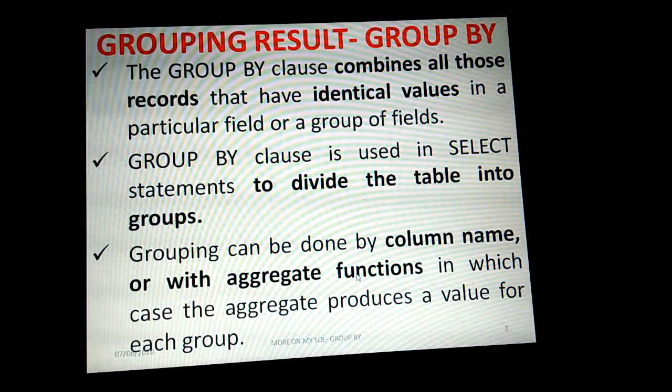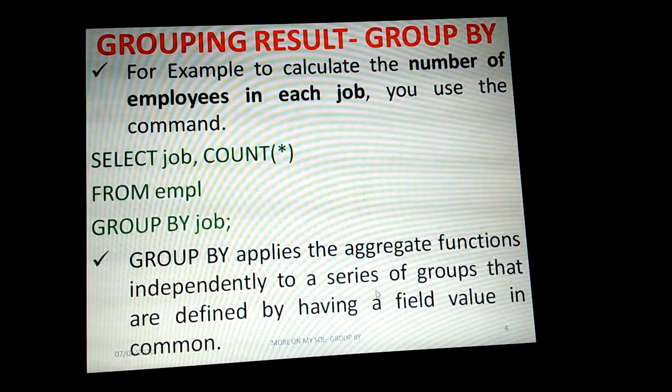But with aggregate functions, normally it will give one answer. It produces the value for each group, for whichever group we are making. With the help of sum we can get the sum of salaries of employees who belong to one particular department number. Like that we can make use of aggregate functions in the GROUP BY clause.